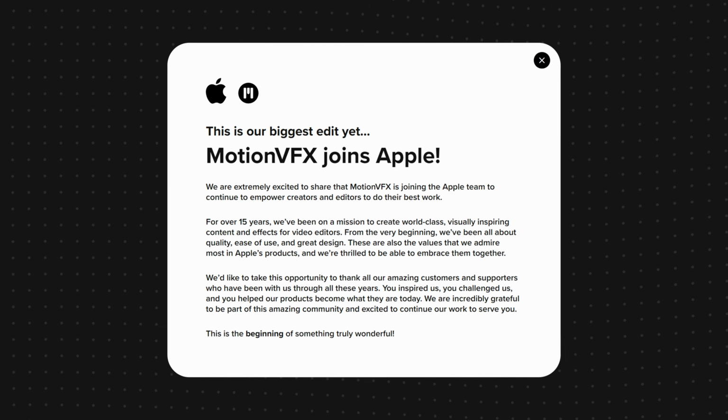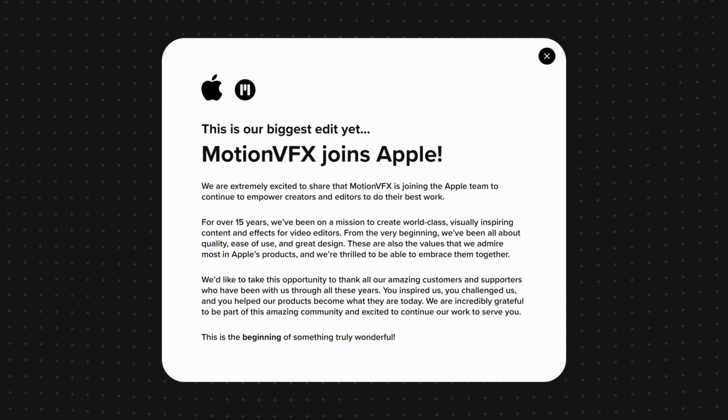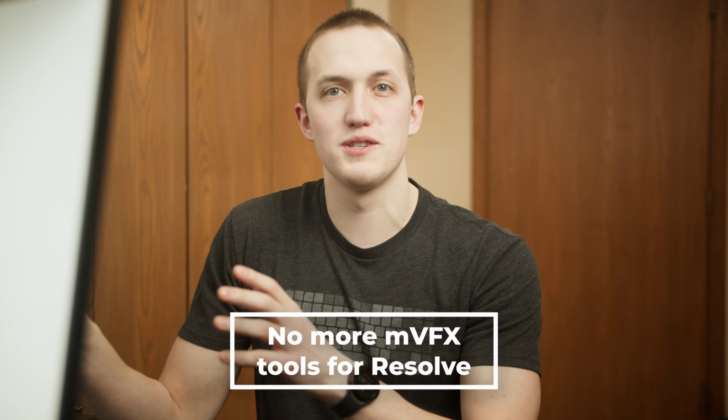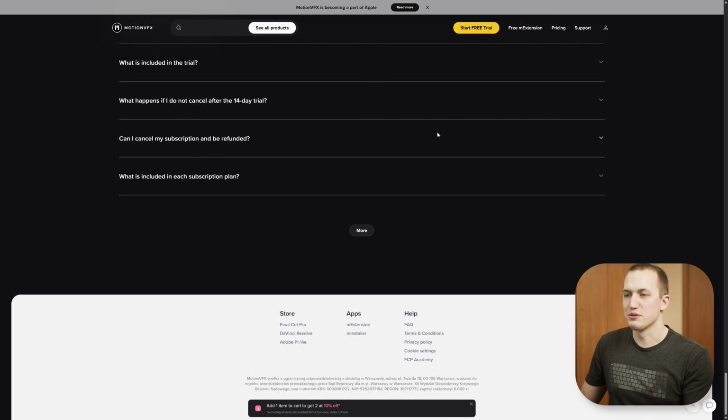So Apple just announced yesterday that they bought MotionVFX and that MotionVFX is becoming a part of Apple. And that creates some weird implications for DaVinci Resolve people because it looks like they're just discontinuing their entire DaVinci Resolve line of tools. And they haven't officially confirmed anything as to the future of their DaVinci Resolve tools, but